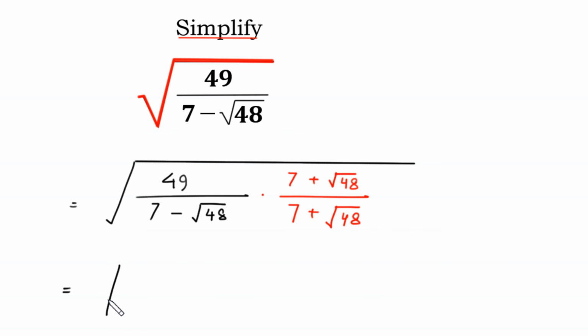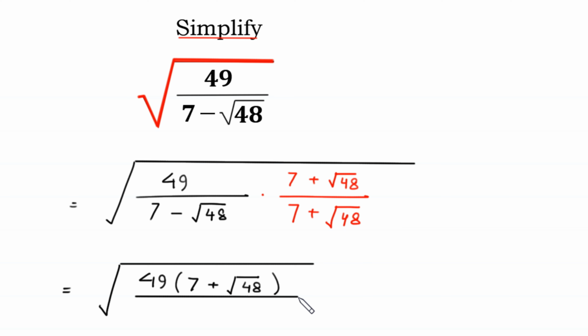Next, square root of this 49 times 7 plus square root of 48 becomes 49 times 7 plus square root of 48